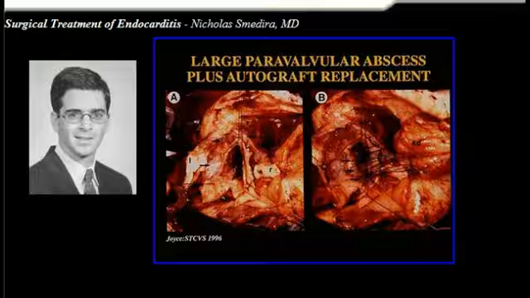Mitral valves down here, and they're basically going to sew the autograft to the anterior leaflet of the mitral valve and swing it around to the ventricular septum, put a pulmonary homograft here, and you can see the stitches going in here. This is similar to what we do for